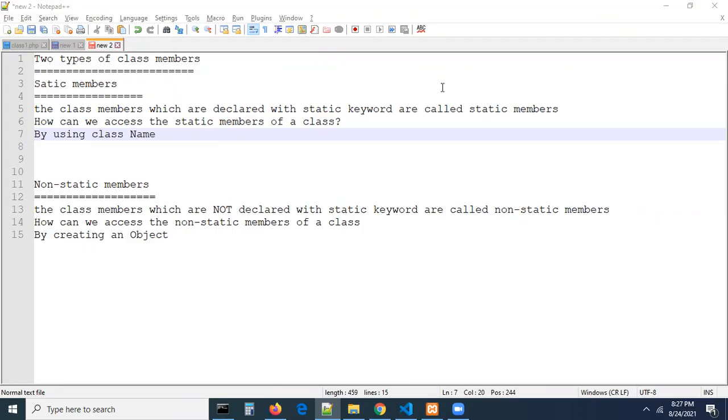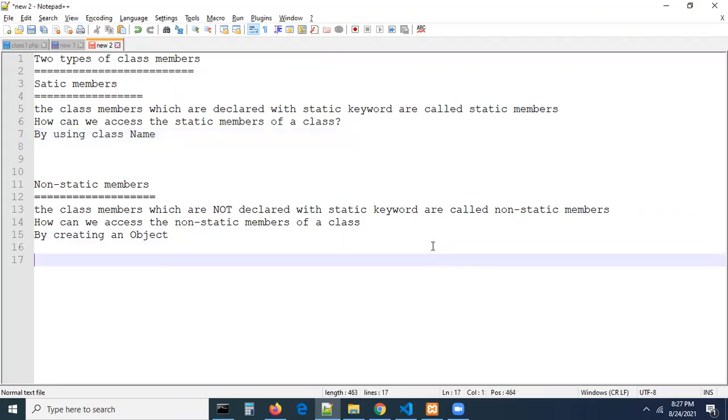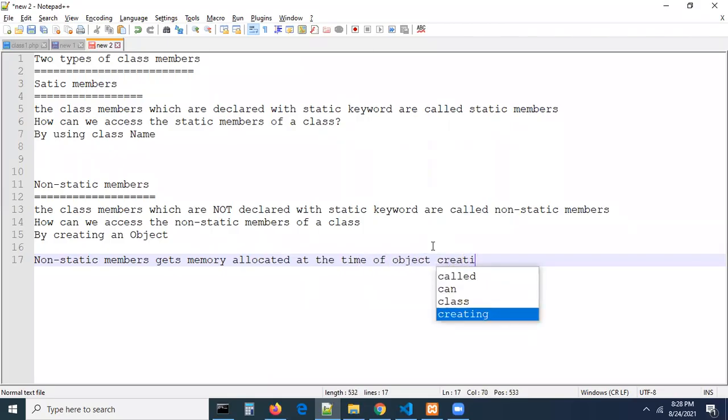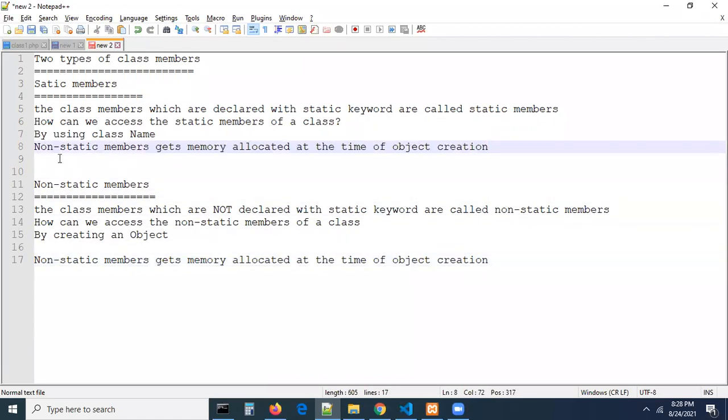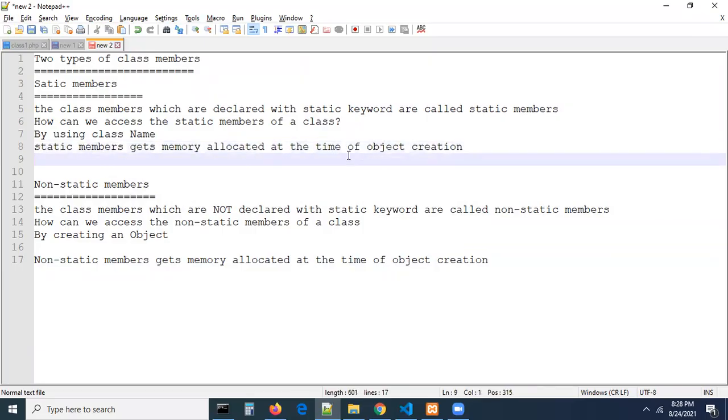Remember carefully. I'm writing this point, it is very, very important. Non-static members get memory allocated at the time of object creation. Okay? At the time of object creation. So can anybody please tell me, static members get memory allocated at the time of what? Do you have an idea? Static members get memory allocated at the time of